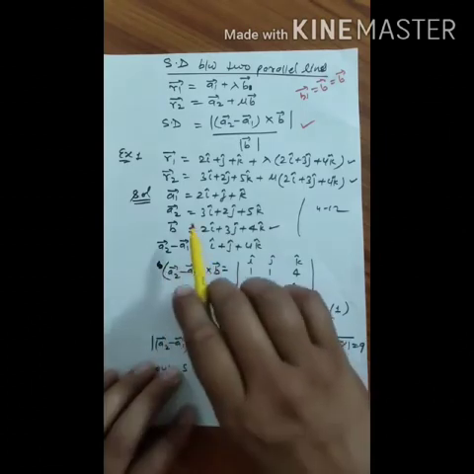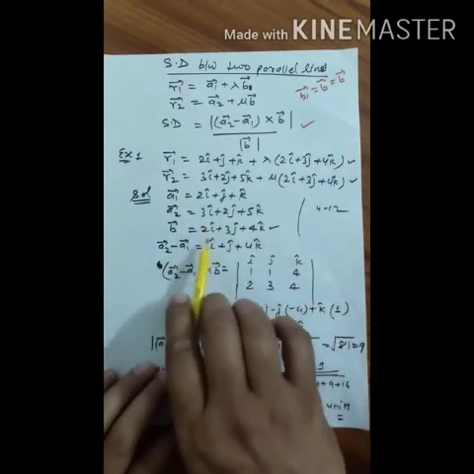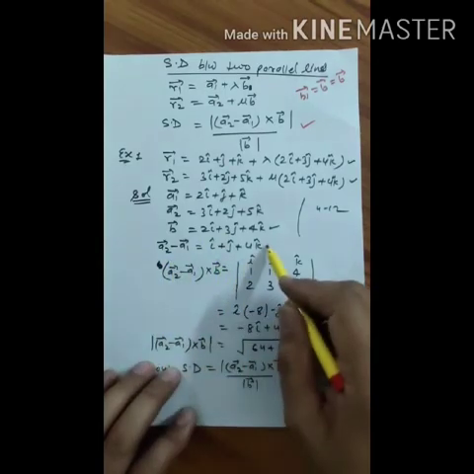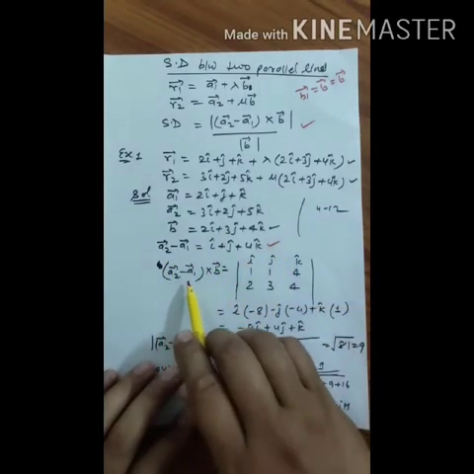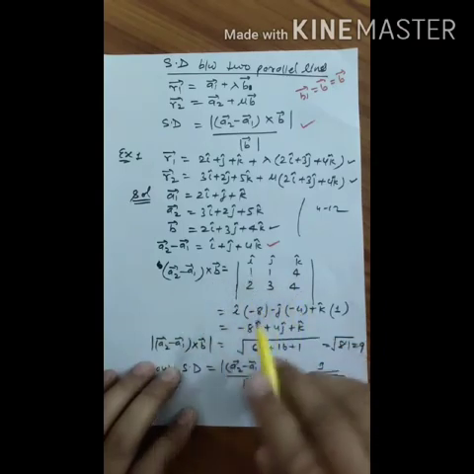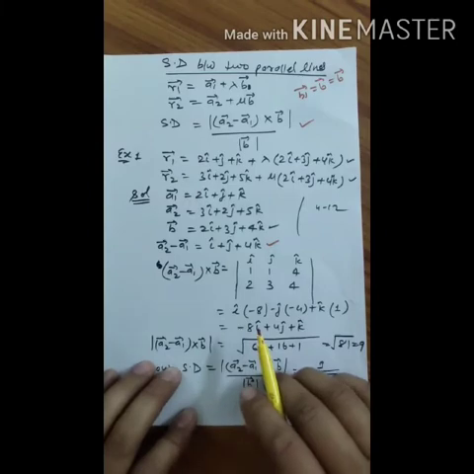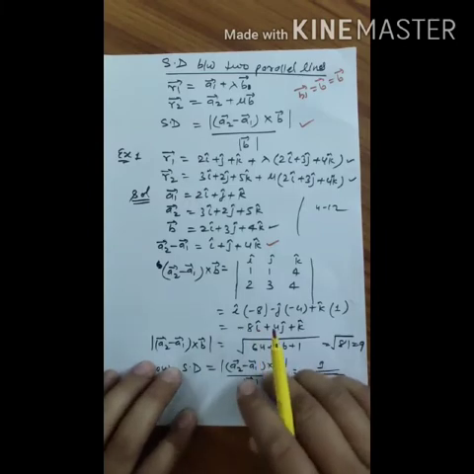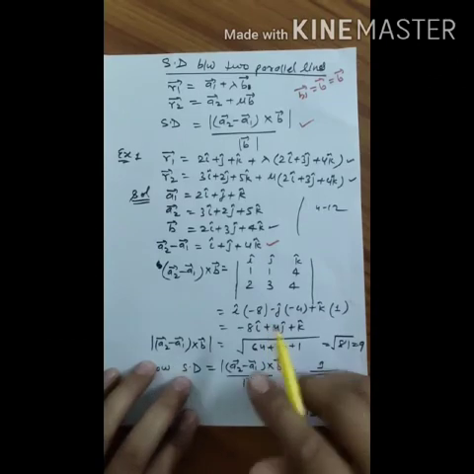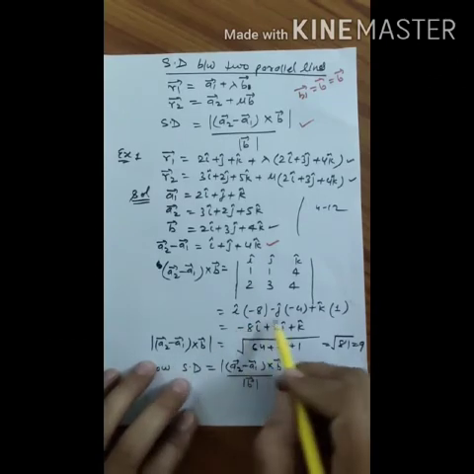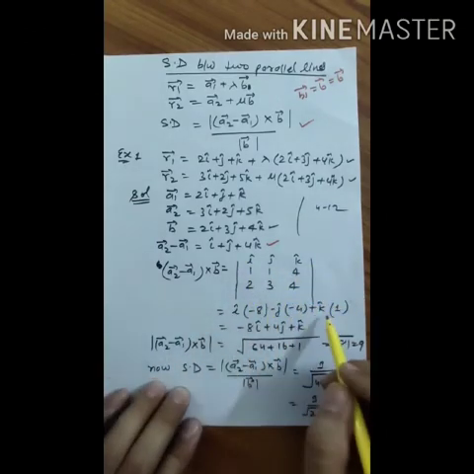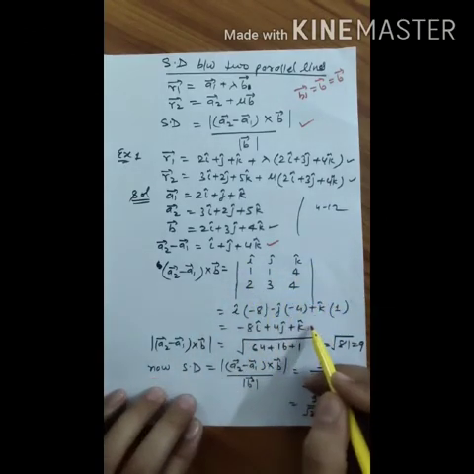Okay, now this is a1, a2, b, and b is given. So first of all we find a2 minus a1. This is a2 minus a1, and a2 minus a1 cross b. So this is a2 minus a1 and this is the b vector. Now find the cross product of this. I already taught you how to find the cross product in the chapter Vectors. Okay, so in this way you will find the cross product. So this is the required value.